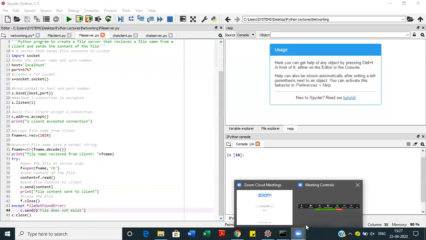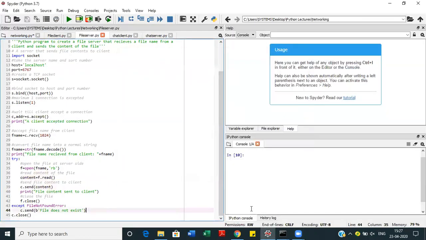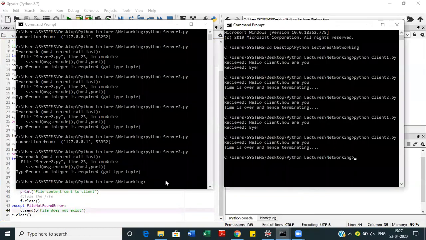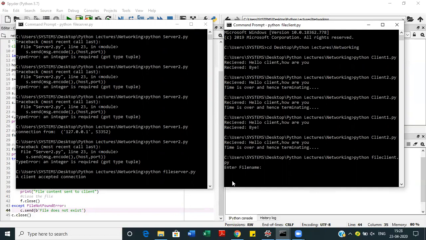Let's see the execution. Okay, so first of all, the file server. Now the connection has been accepted.